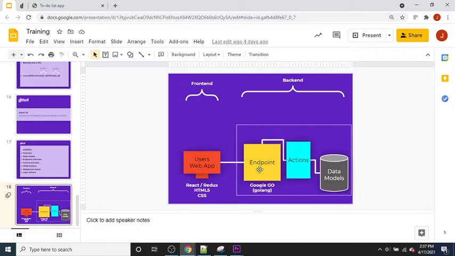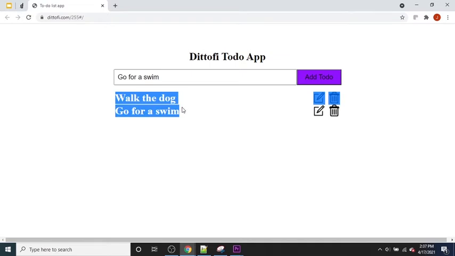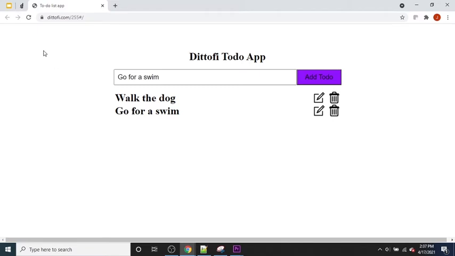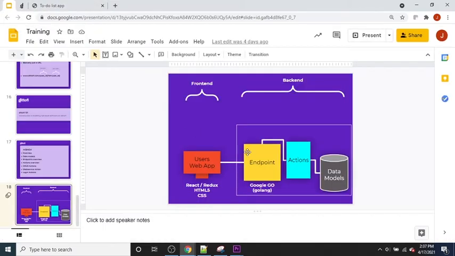So let's say the first thing we want to do is get all the information, get that list of to-dos that we've got within our database and just display it on the screen. To do that, the first thing we're going to need to do is build